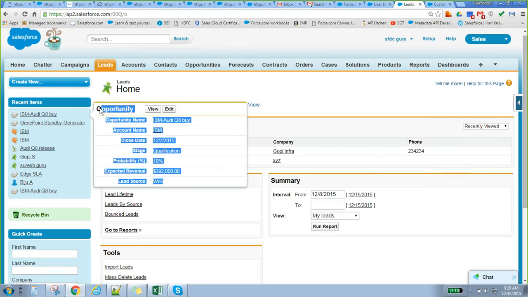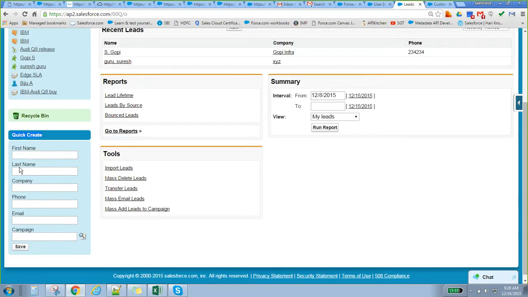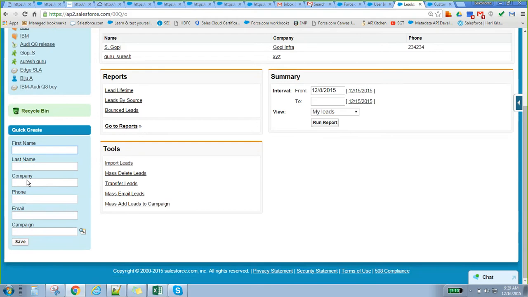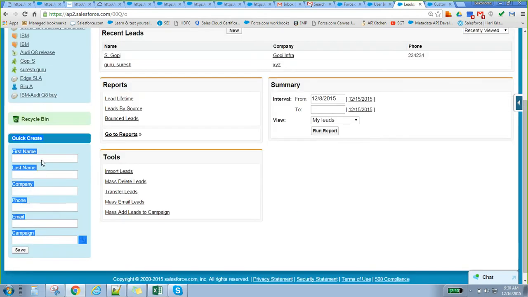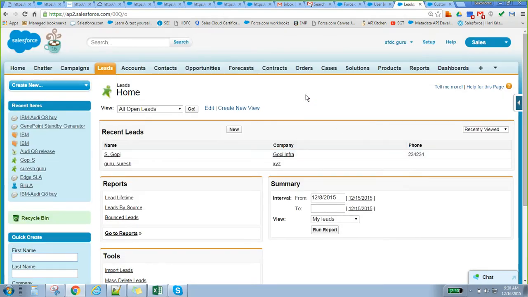layout, right? Correct. So if you see this one, there is a quick create link, correct? With quick create, he can directly go and create a lead here with minimal information. Let's say first name, last name, just campaign and save. These are nothing but quick create. Quick create means we can create it very easily, without entering too much data. So these are a few of the settings in the UI.